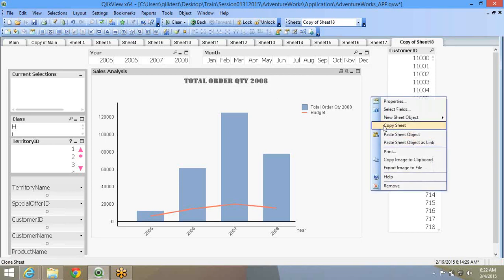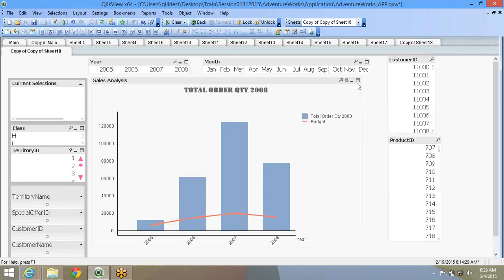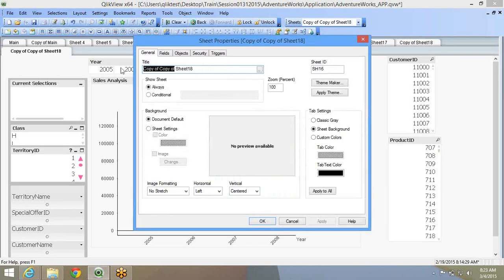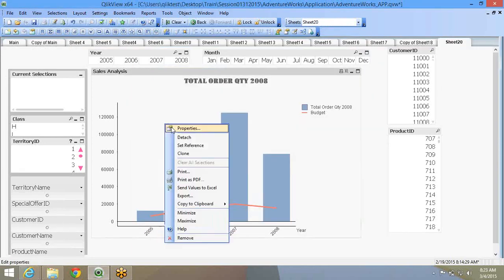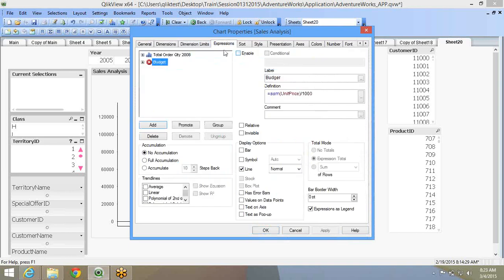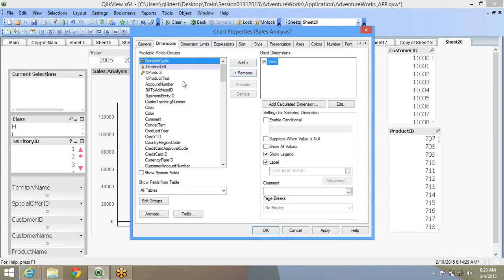If I just copy this sheet and if I flip this chart, right, I'll just disable one of the expression, order quantity. I have the year.